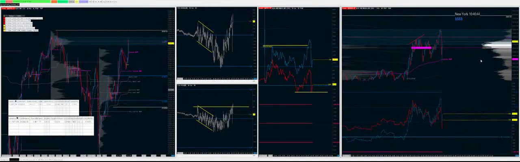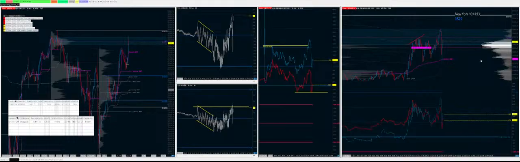Don't beat yourself up, guys, when it comes to little micro moves, and it's not manipulation. It's just that these guys have got massive positions, and when their algorithm says sell, it sells and it moves the book. So price can get a little jumpy,